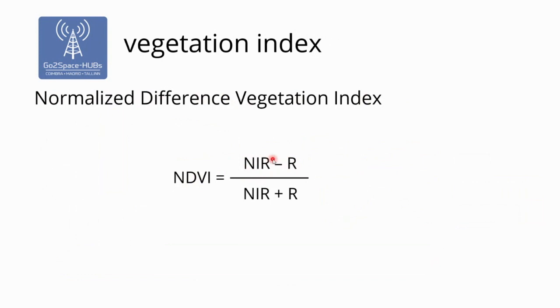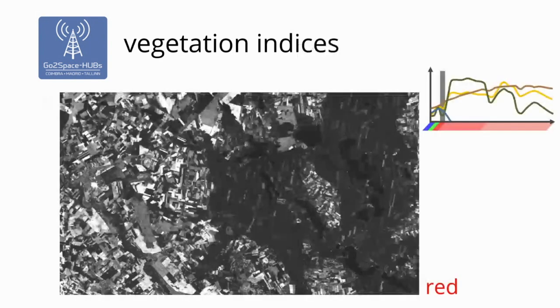So we simply take two images, one in near infrared, one in red. So we take these two bands and we calculate the difference between them, calculate the sum, we calculate the ratio of those two calculations, and that's how we create NDVI. As I said, that's one of many, tens or hundreds of different biomass vegetation indices, but it's probably the most popular. At least it's one of the most popular